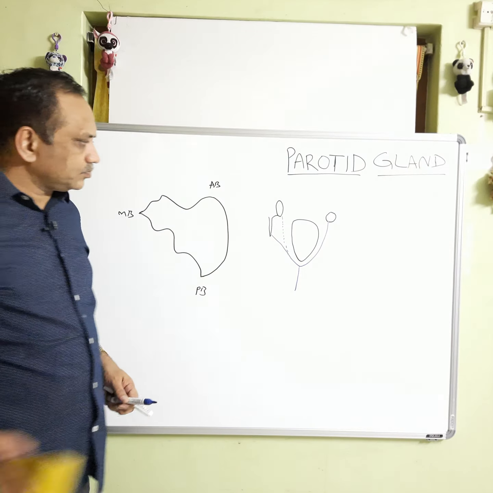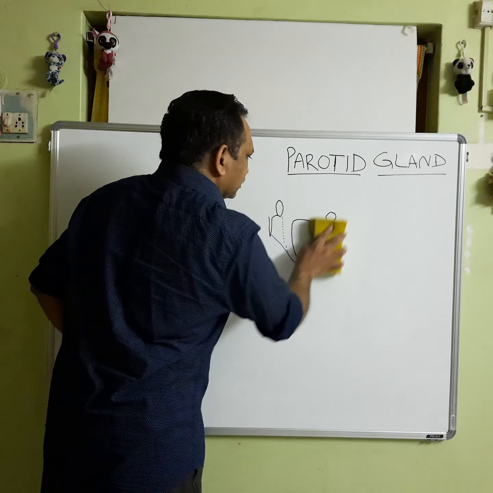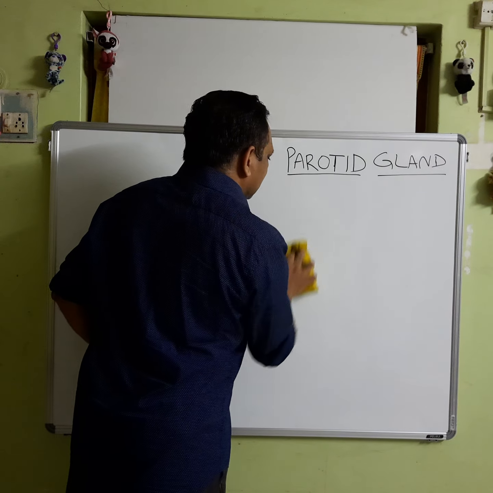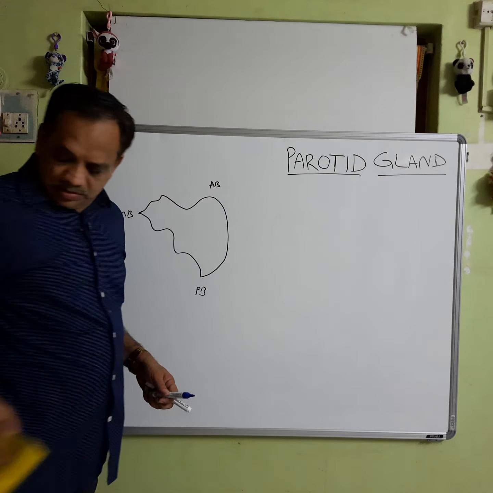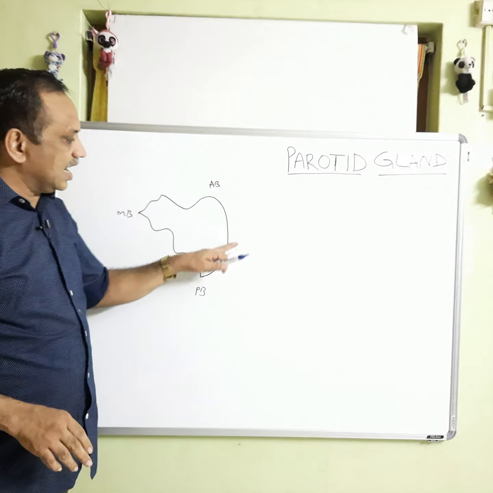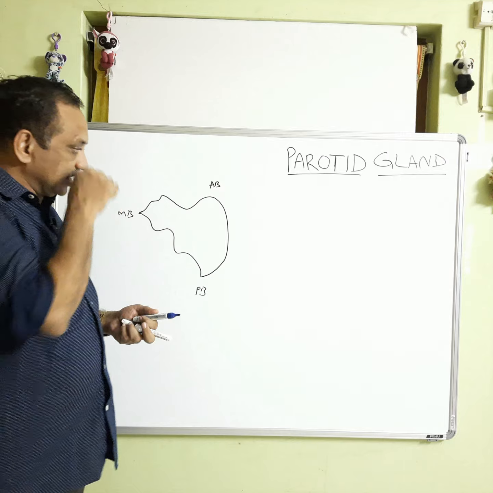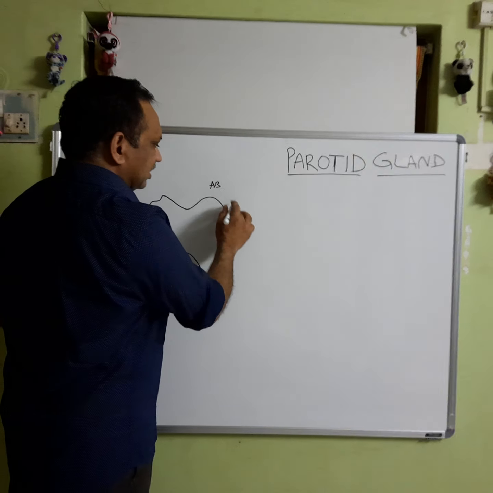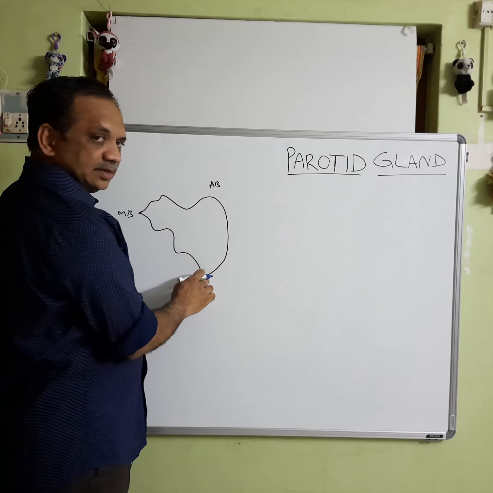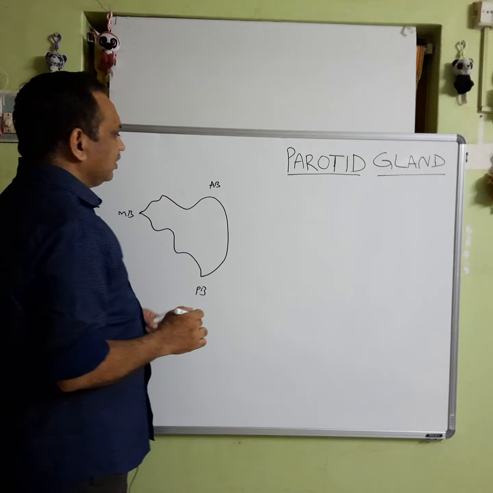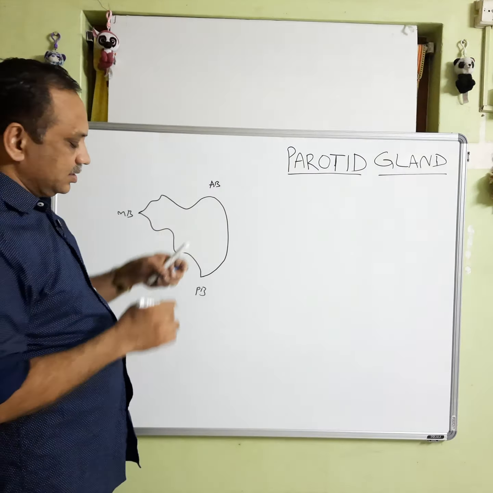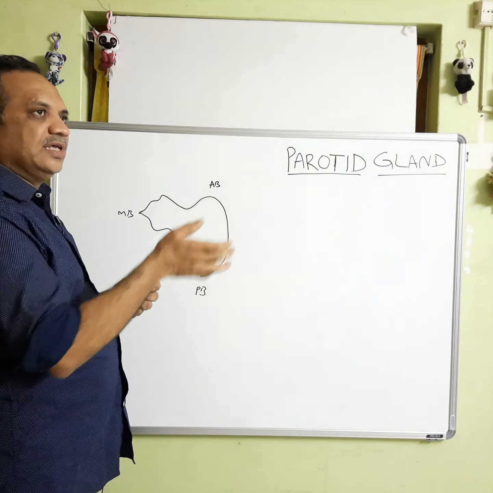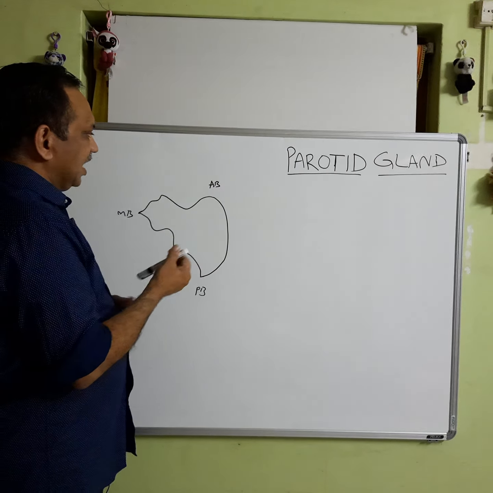Now, coming to the gland, this is the lateral surface which is covered by the parotidomasseteric fascia. Now, coming to the anterior border, around the middle of the anterior border, we have the